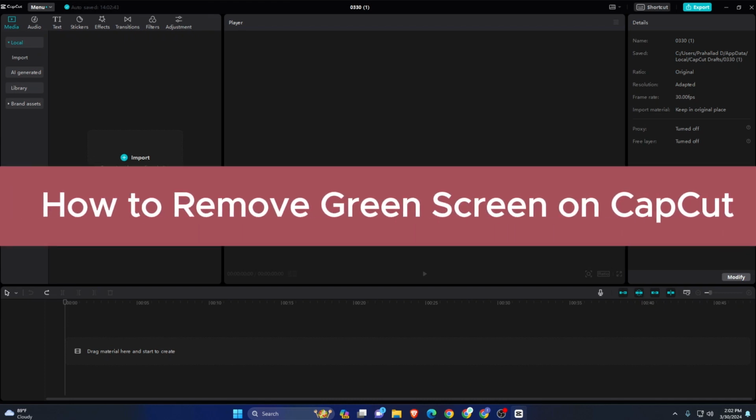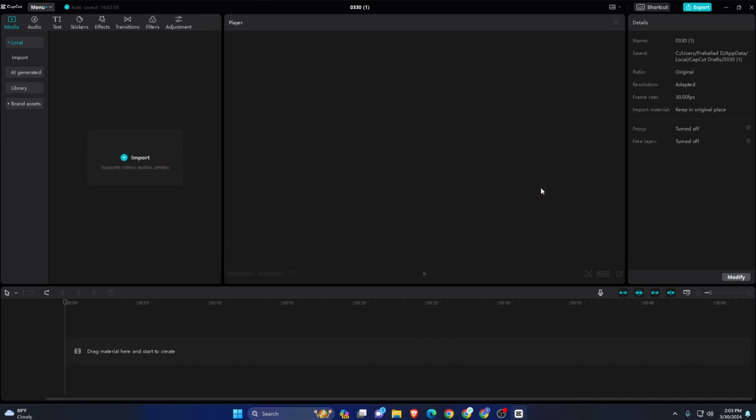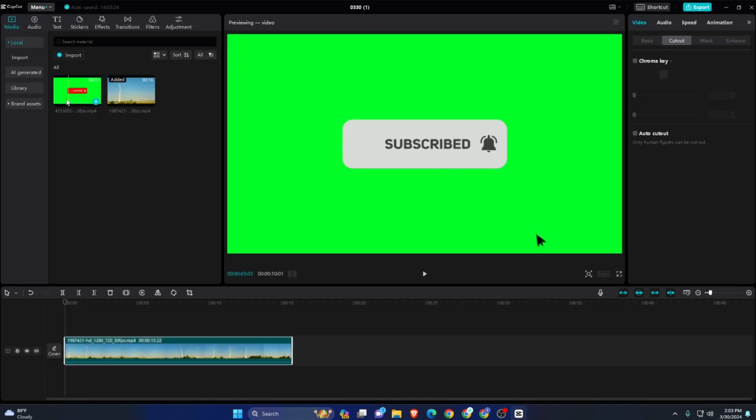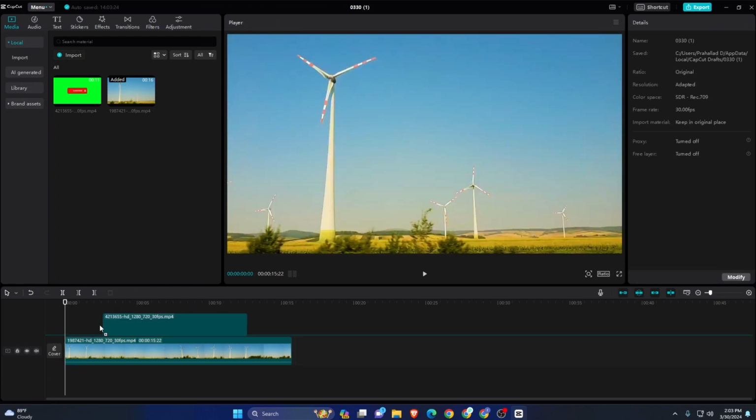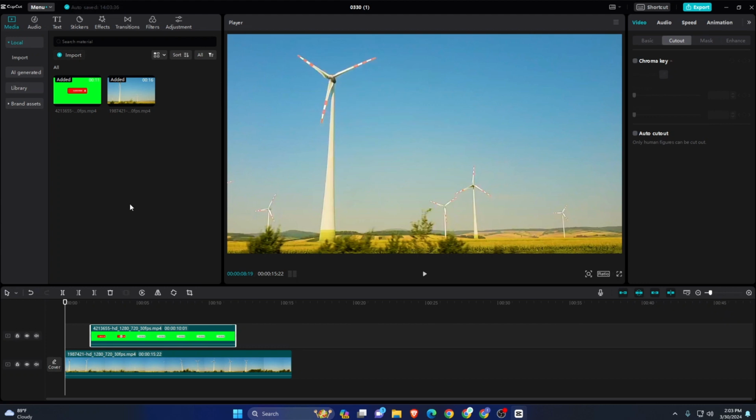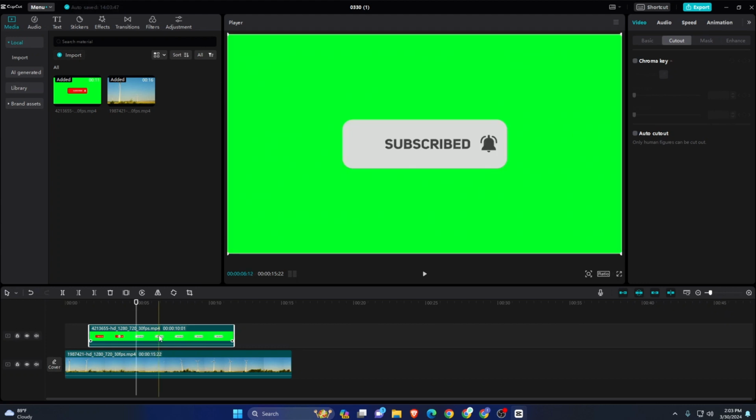Today in this video I will show you how to remove green screen on Capcut PC. So let's get started. First import your video, and this is the green screen video. Now drag it and place it here. Okay, now select this green screen video, and on the right side here make sure the video